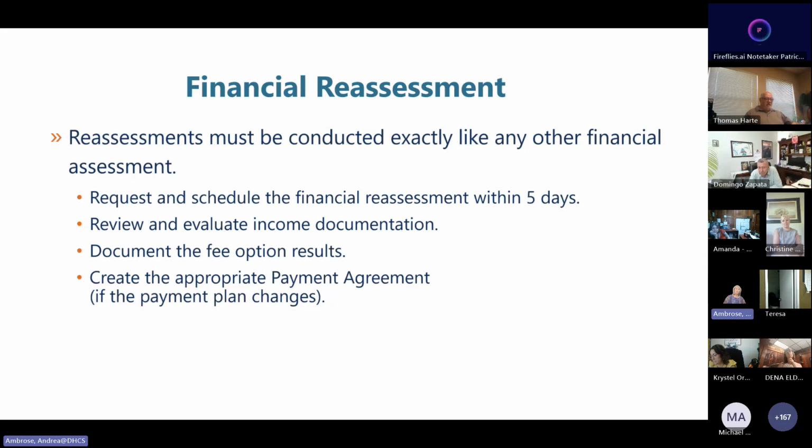And that reassessment has to be conducted just like any other financial assessment. So you'd have to make the request for the assessment, schedule it within 5 days, review and evaluate their income documentation, document the results of that, and only then, if the payment plan changes, then you have to create an amended or a new payment agreement.